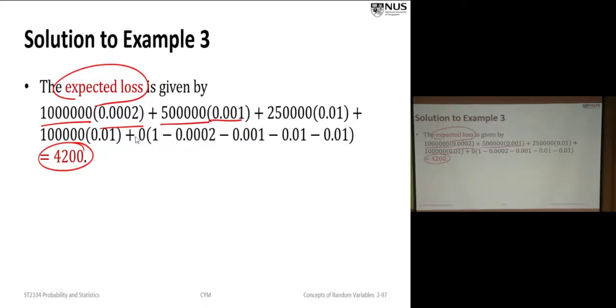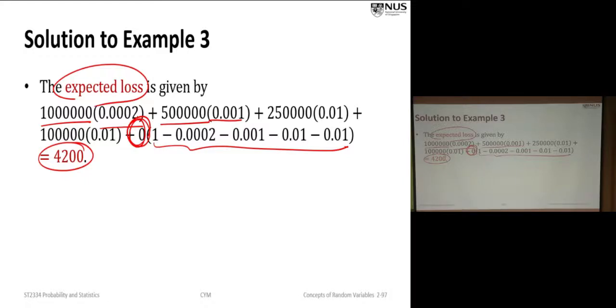It's important to make it complete. You won't lose anything if nothing happens, you don't have to pay out, and the chance is 1 minus all this. So altogether, you only expect to pay 4,200. This is the expected loss. If it's so bad, some accident just happened, you have to pay out 1 million. So that's the amount that you pay out. But you have to average out, sort of. So this policy has a very slim chance. There's a slim chance that you pay 1 million out, but on average, you only pay 4,200.